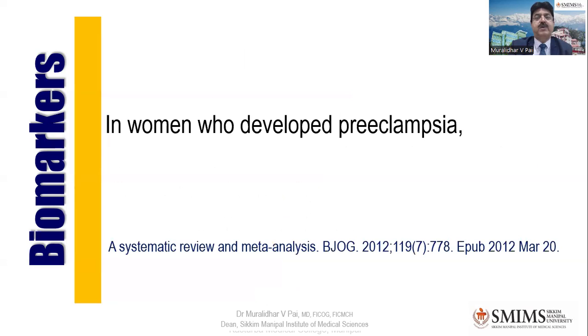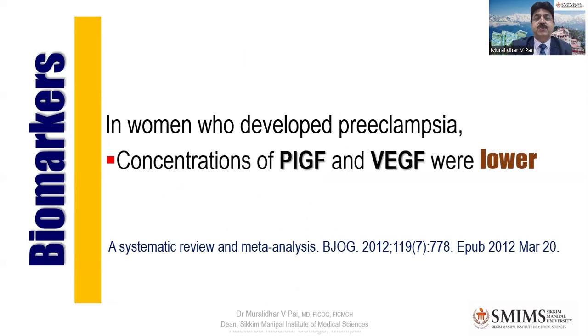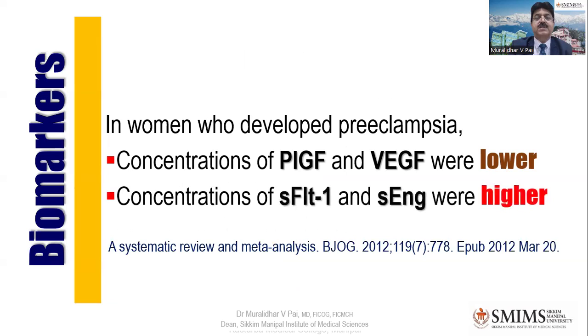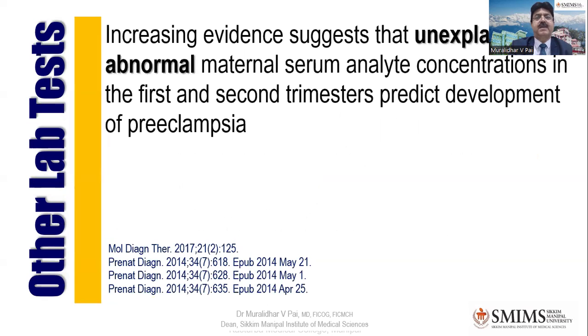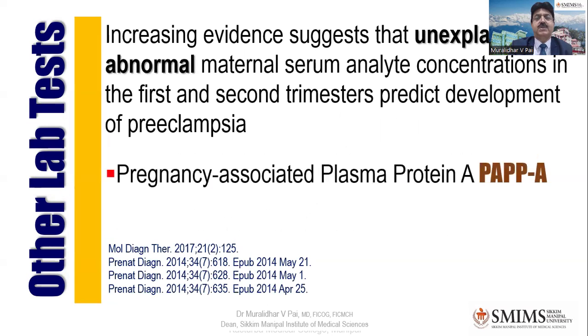In women who developed preeclampsia, concentrations of placental growth factor and VEGF were lower, whereas concentrations of sFLT1 and sENG were higher. Other tests people have tried include pregnancy-associated plasma protein A, PAPP-A, because this is routinely done